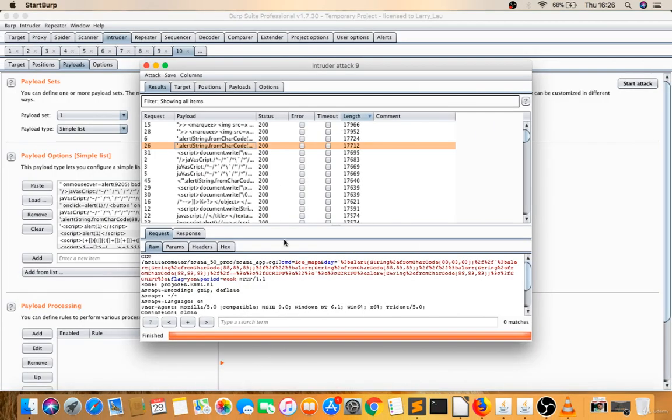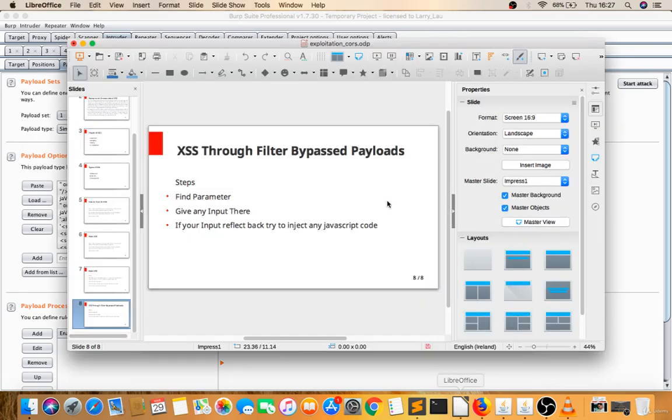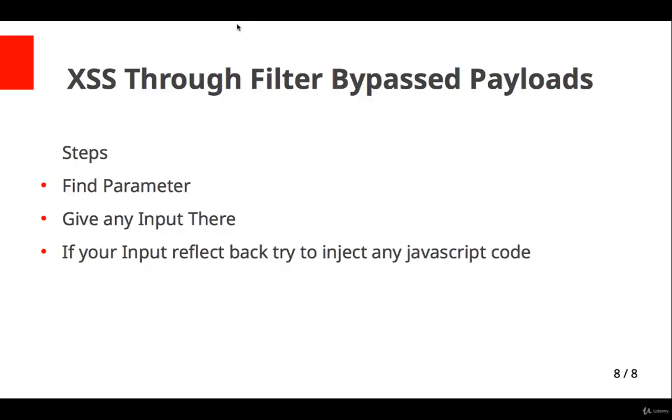We just found four cross-site scripting vulnerabilities on this website. So we can report this. You will get the t-shirts from NCSC. I hope now it's clear to you how to hunt for cross-site scripting on any website. Yes. So we'll try the next live websites. Don't worry about that.